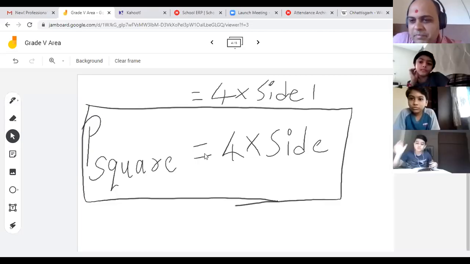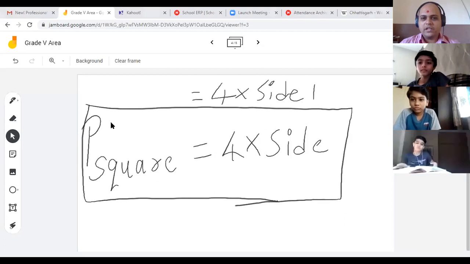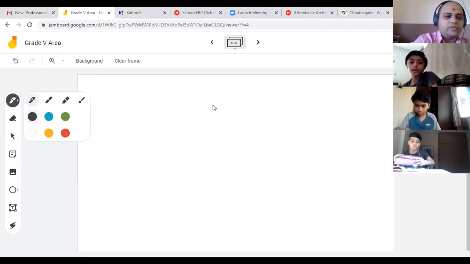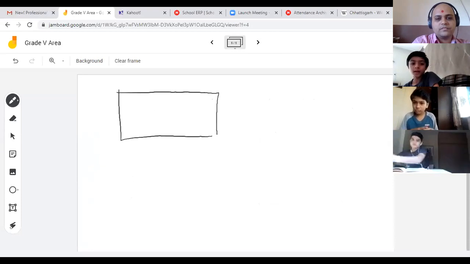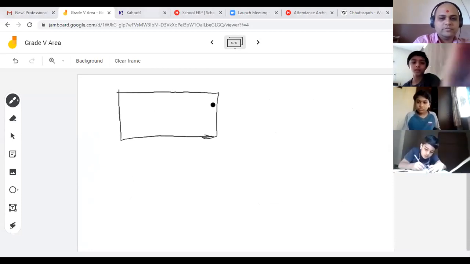For a square, the perimeter is 4 times its side. Yes, 4 times its side. That we learned. Now let's learn for a rectangle. All right, for a rectangle. Okay. Now for a rectangle,